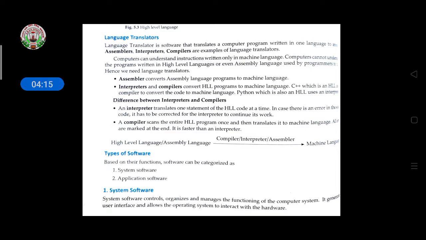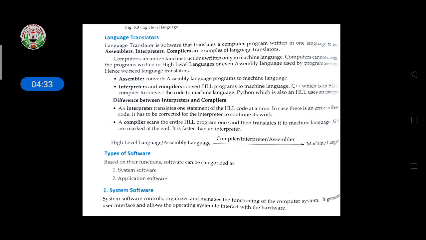The difference between interpreter and compiler: if you are writing code, the interpreter checks line by line, one line, two lines, third line, fourth line. After checking the first line, if it shows no error, then it goes to the second line.